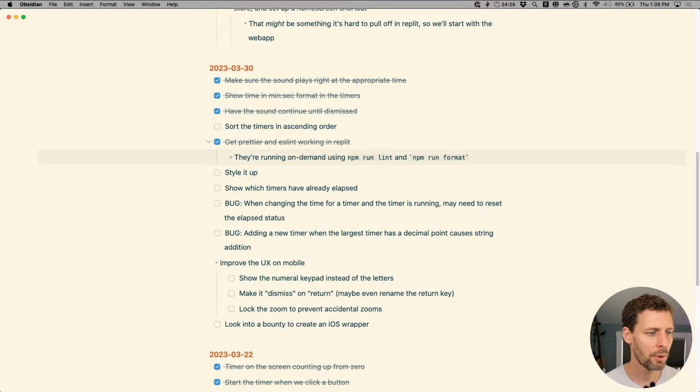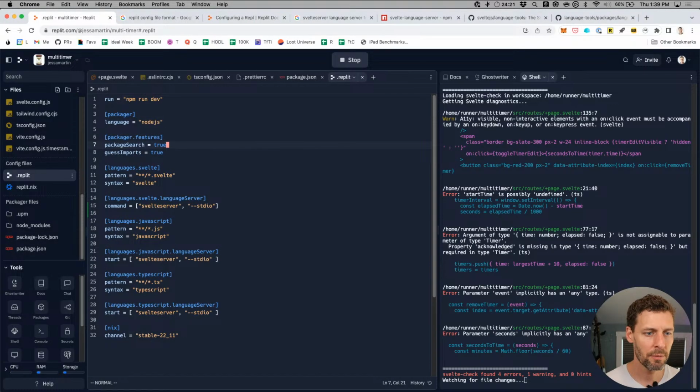Not my favorite. I want them to run as I'm saving to reformat the thing. And I also want the errors to be visible as I'm going along. So kind of disappointing there, but so be it. We'll roll with it here.